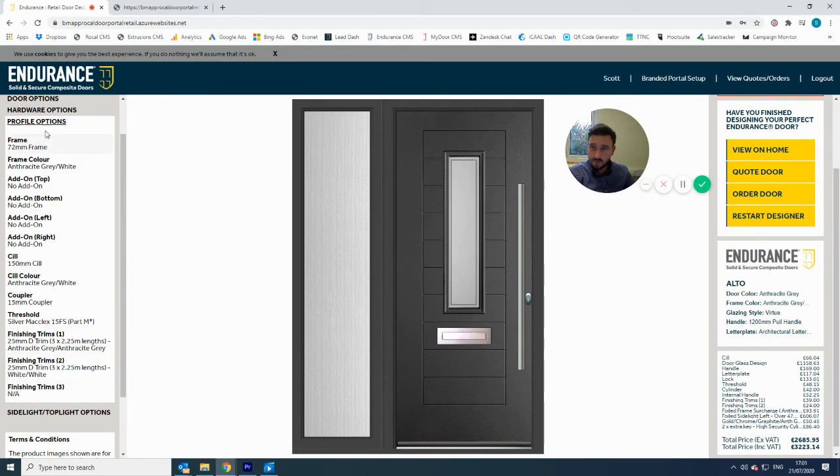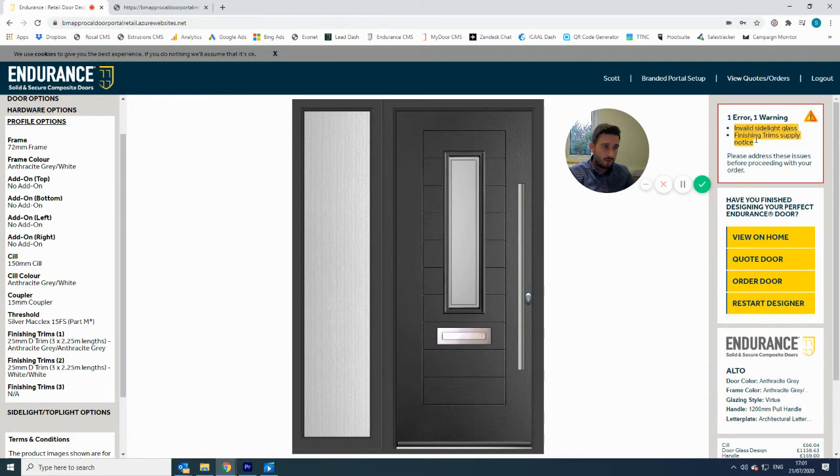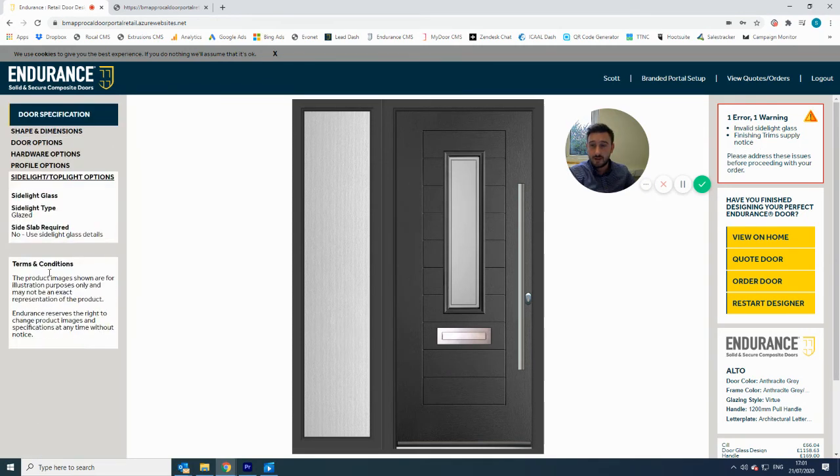That covers off the profile options section, which only leaves us with side light and top light options. And to recap, we've still got these errors here. That warning, completely ignore and still proceed with the order. That needs to be removed, but we've got invalid side light glass, and the reason it's invalid is because we've